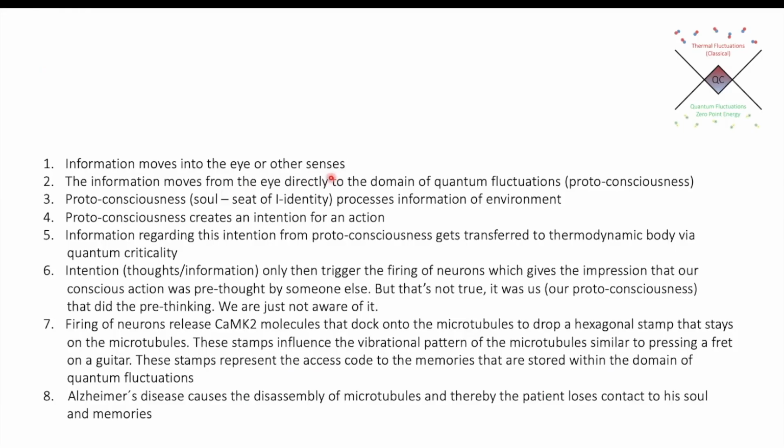And so let's walk again through what I explained just now. Information moves into our eye or other senses. Then this information moves from the eye directly to the domain of quantum fluctuations, and there it is processed by our soul. And our soul is the seat of our real I identity. In the soul domain is where we process the information that is received here in this electromagnetic environment. Then our soul creates an intention for an action, and this